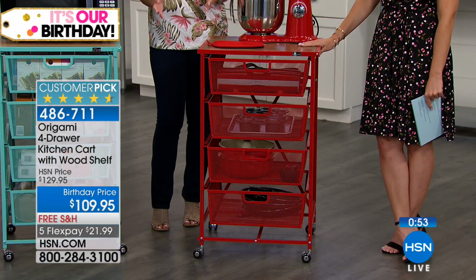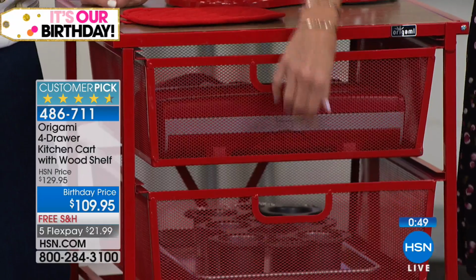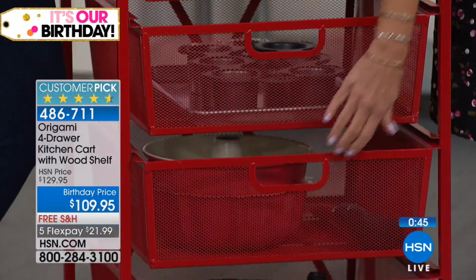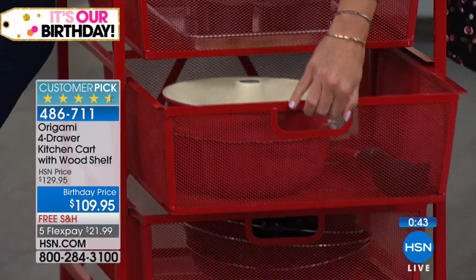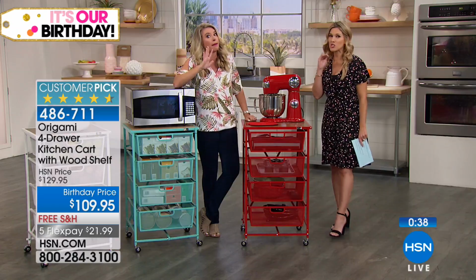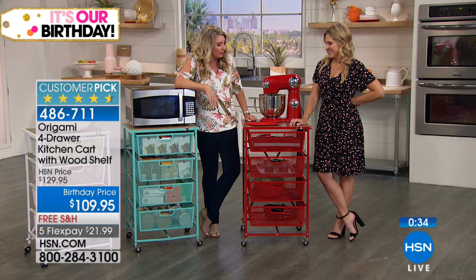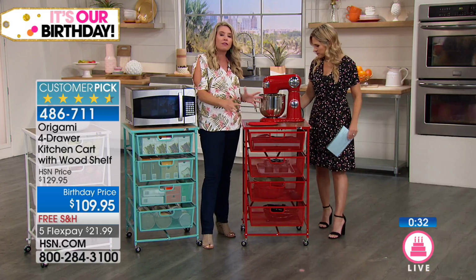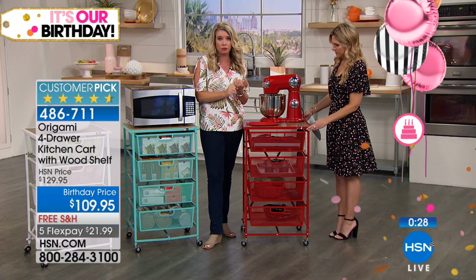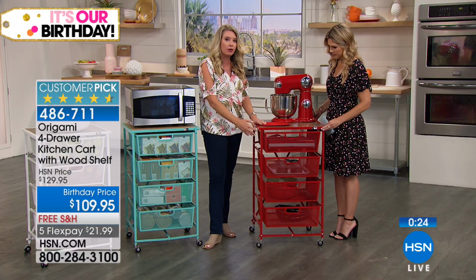You have those options. The other thing is think of this for the bathroom, because I don't know about you, Valerie, but I've got some tricks up my sleeve in the beauty department, and there are a lot of tricks. So there's a lot of lotions and potions and curling irons and blow dryers and brushes. All the secrets today. TMI all up in here. But you've got all of that stuff, and what are your options? Again, you try and shove them in the drawers in that wonderful vanity right there, or you've got that powder coated steel drawer